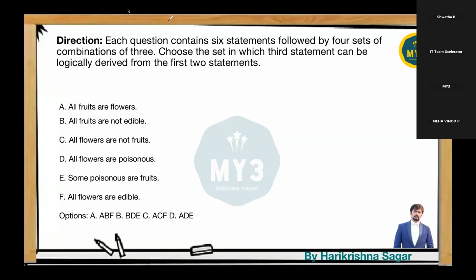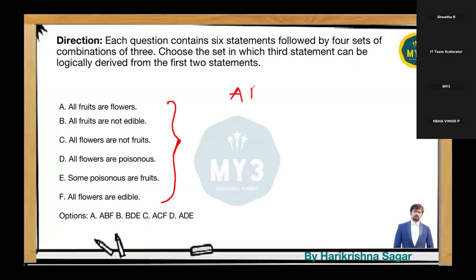There are 6 statements given, followed by 4 sets of combinations. Choose the set in which the third sentence can be logically derived from the first 2.